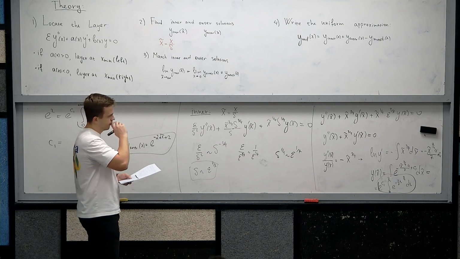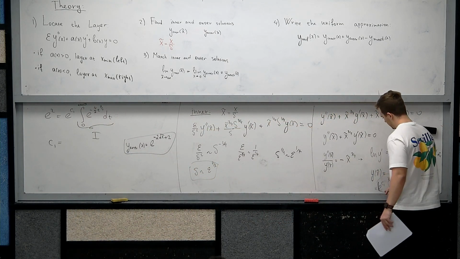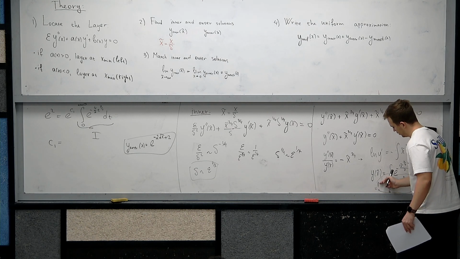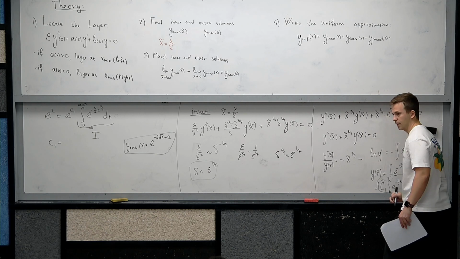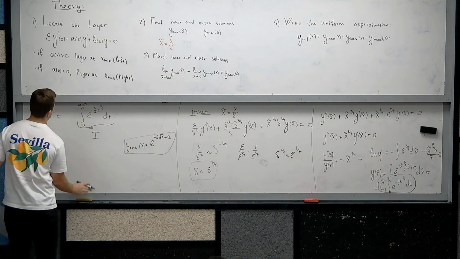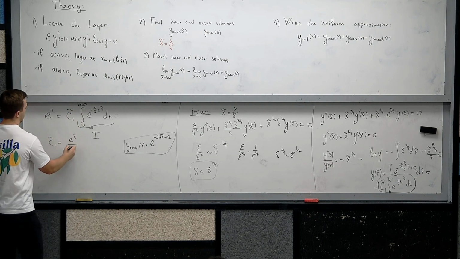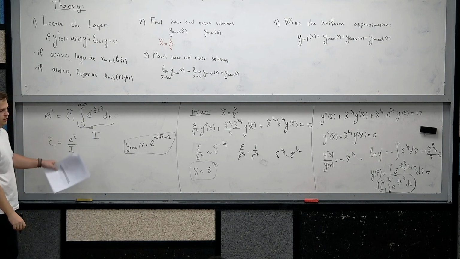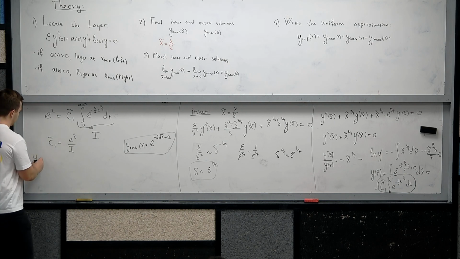So let's write it like this, because this is just some constant. I write it like C1 tilde. So C1 tilde is E squared divided by the value of this integral. So the final uniform approximation is